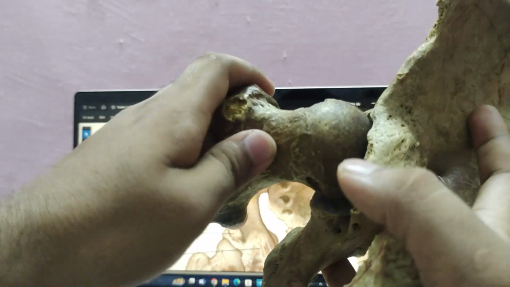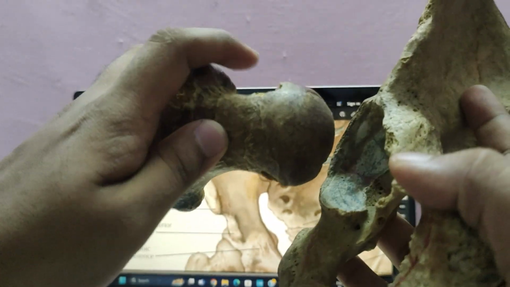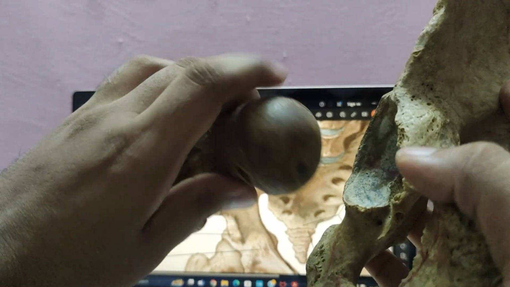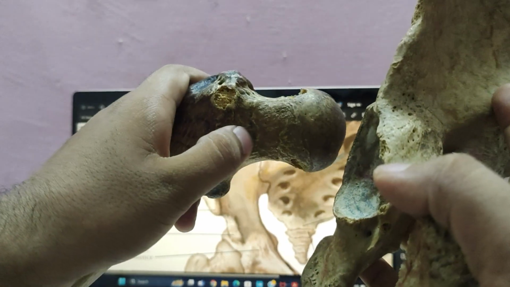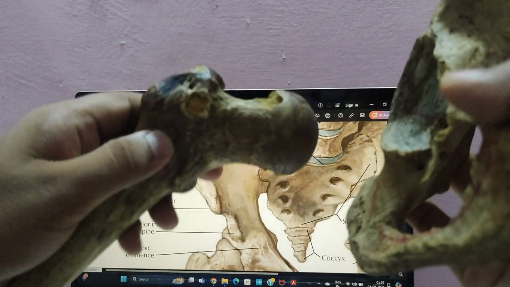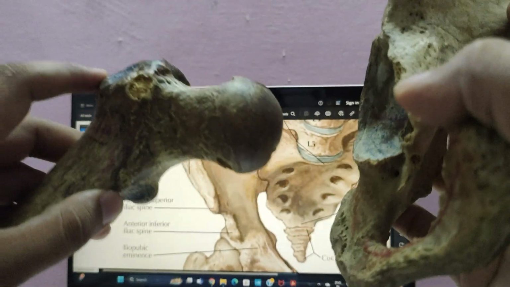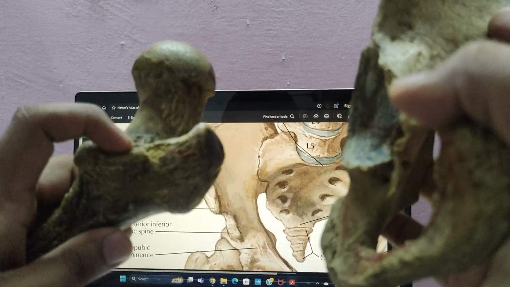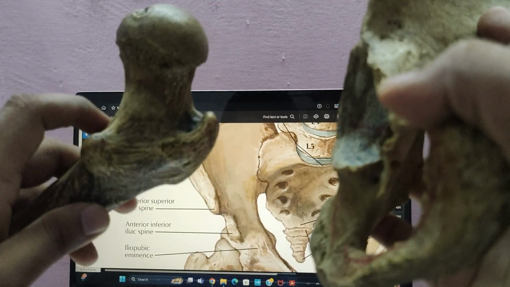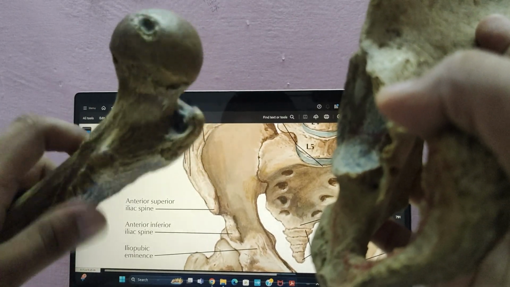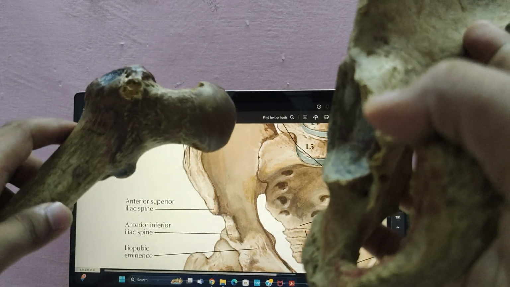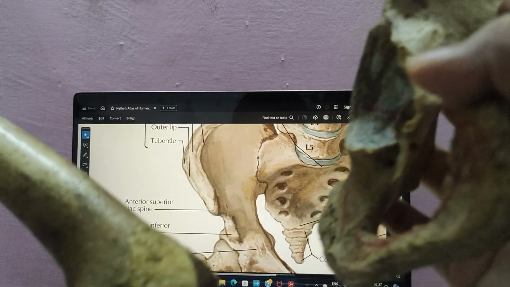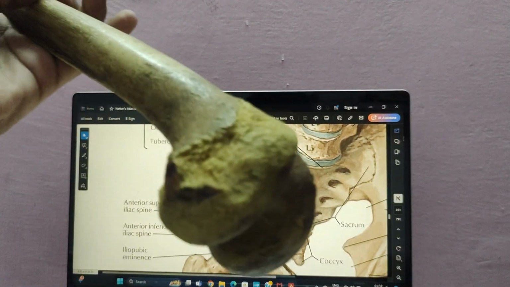In this video we see how the hip joint is formed. So this is the articulating head of the femur. This is the neck of the femur, and this is the greater trochanter of the femur, and this is the lesser trochanter, and it is the intertrochanteric line which defines the posterior surface of the femur, and this is the shaft of the femur. It is one of the long bones,